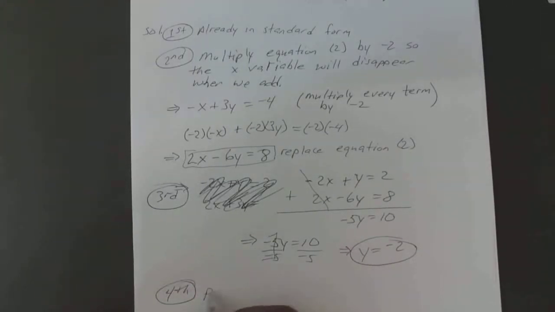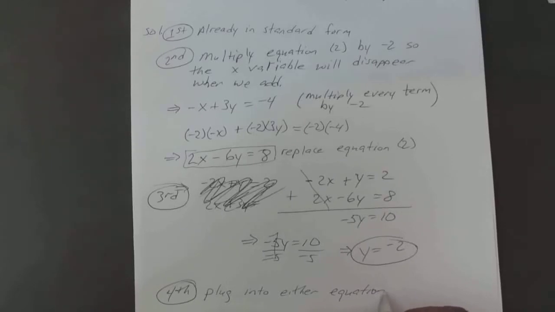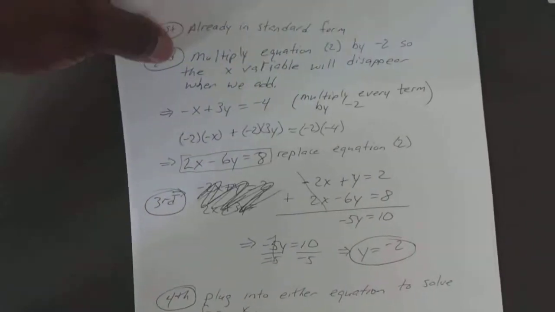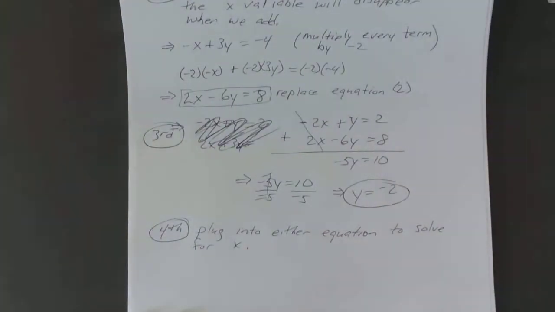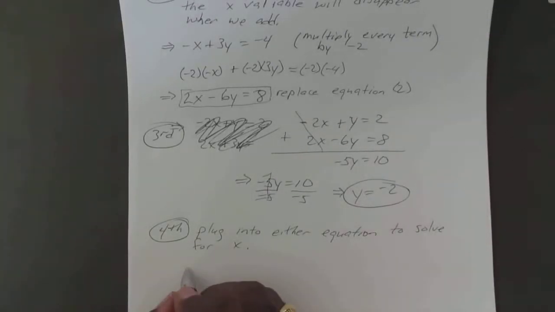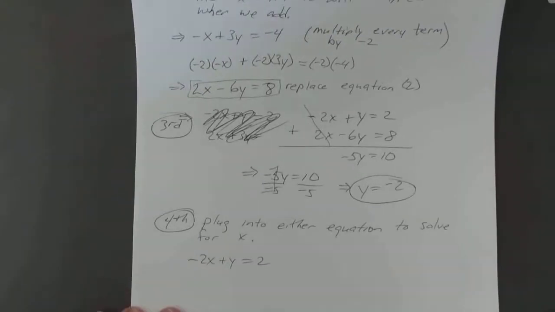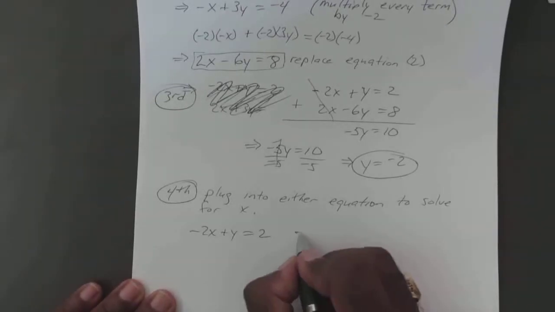So your fourth step to solve for x. Move this up a little bit. Okay, so really I would do the second equation, just looks a little simpler, but either one would work. Oh, actually the first equation looks pretty simple. We'll do that one. So negative 2x plus y equals 2. Move that up a little bit. Will now become